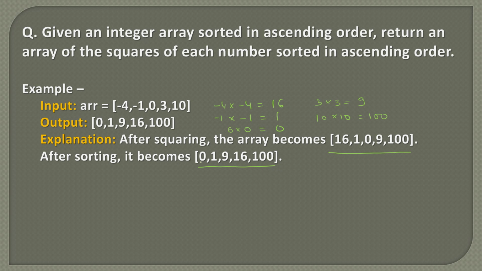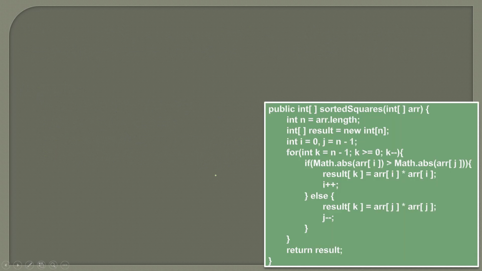If we sort the array at the last step, the time complexity will be n log n, which is not good. We need to see whether we can do it in O of n, because these operations are constant, and if we iterate each and every element once, we get O of n time complexity. So let's see the algorithm and its demonstration step by step. So here is the algorithm. You can see it is only taking one for loop and we are not sorting the array anywhere. So let's see the demonstration of this algorithm step by step.